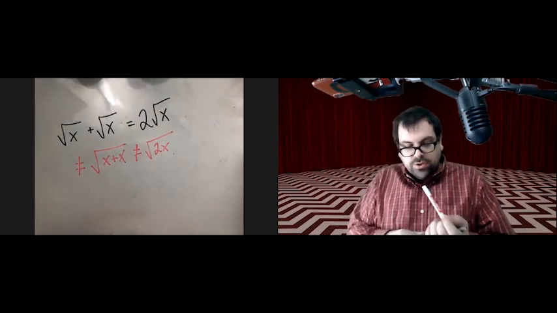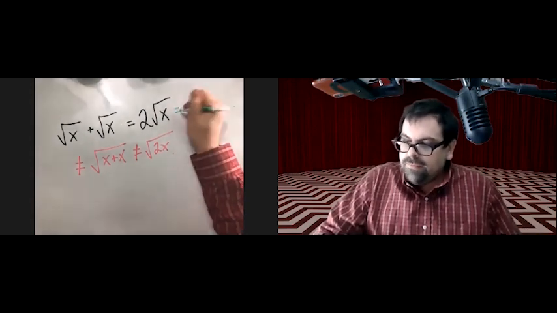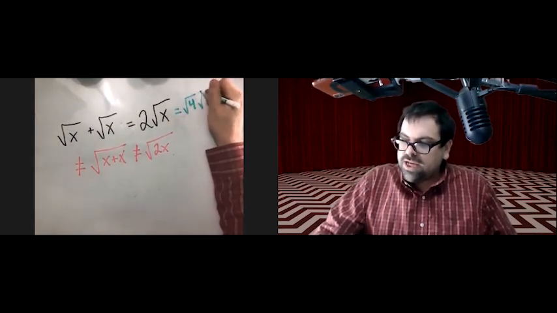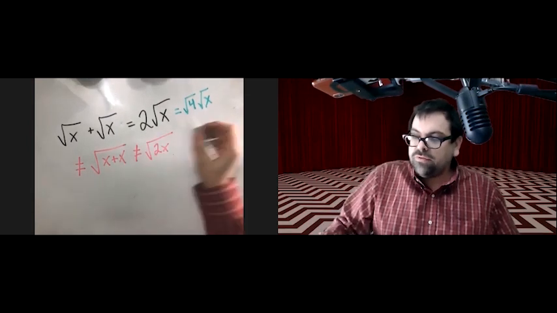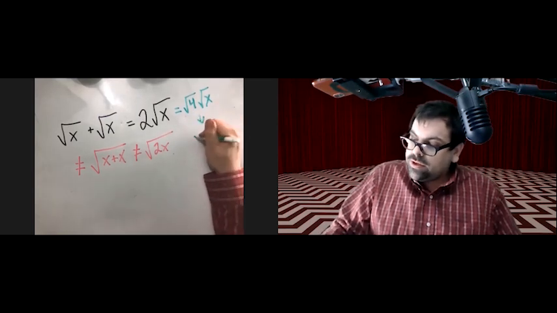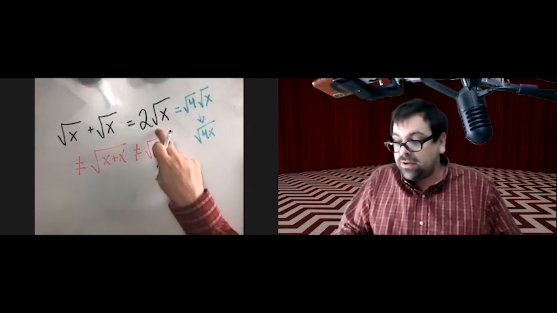Because 2 radical x would be the same as the square root of 4 times the square root of x. That 2 in front is coming from a square root of 4. So radical 4x is 2 radical x,